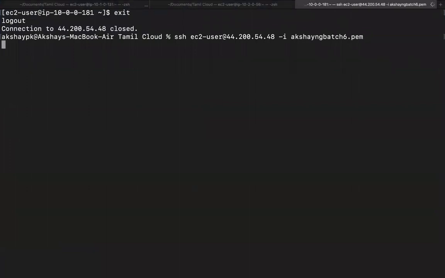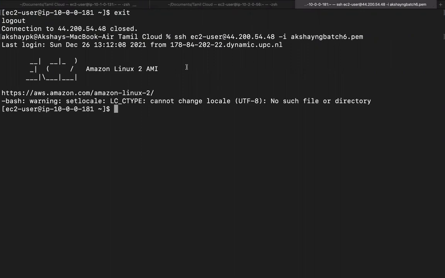And when I SSH into that EC2 instance, you can see at this point of time that it's not loading. Okay, now we have successfully connected because the network firewall has evaluated our traffic, because we are sitting on the internet and tried to SSH into this EC2 instance. Our allow SSH rule on the network firewall allows us, and then the NACLs allow us, and then the security group allows us, and only then are we able to log into this EC2 instance.